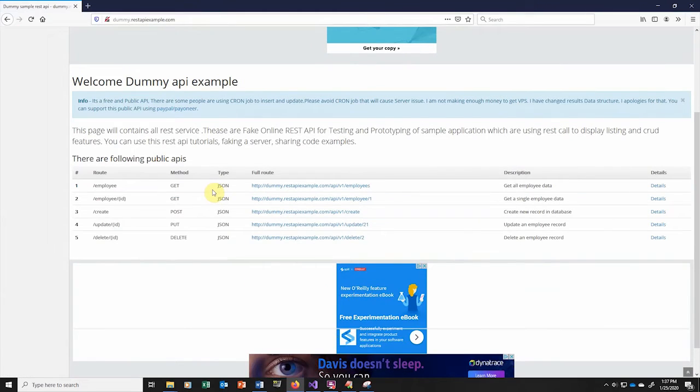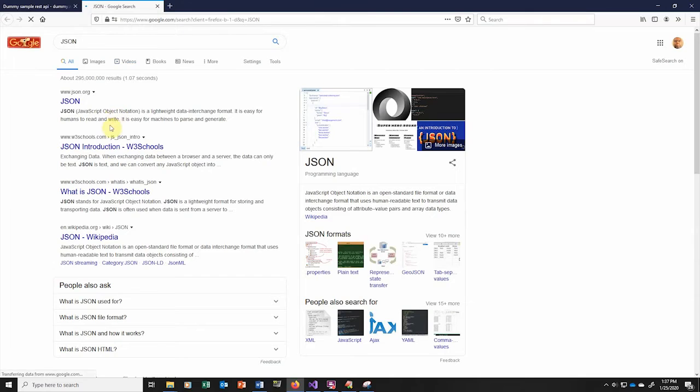So JSON, I'm trying to remember the acronym for it. I think it's JavaScript Object Notation. I can't remember. Let's just search Google for JSON. Look at that, I am right. JavaScript Object Notation. So it's basically a way for people to read and write commands between JavaScript and your client,